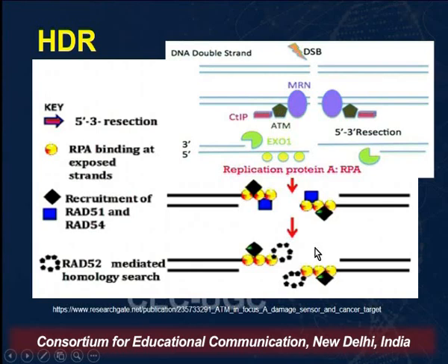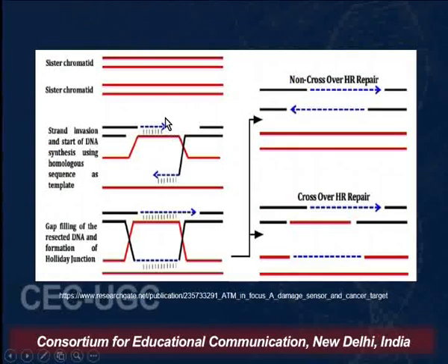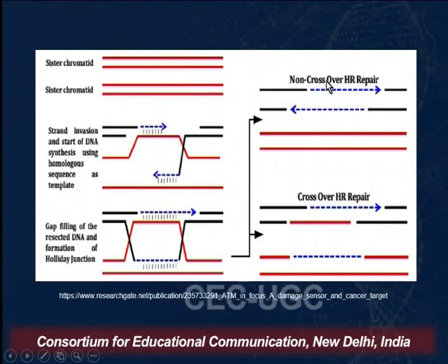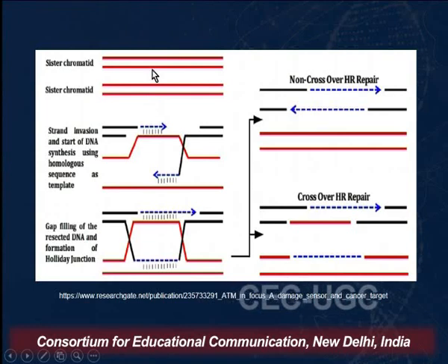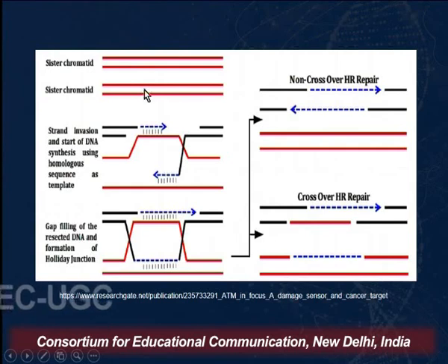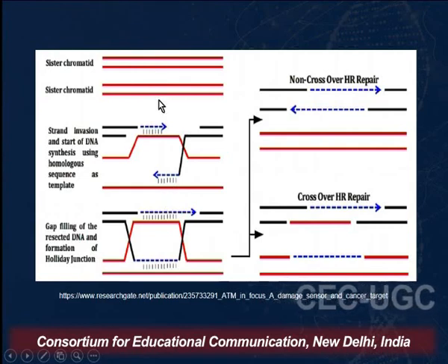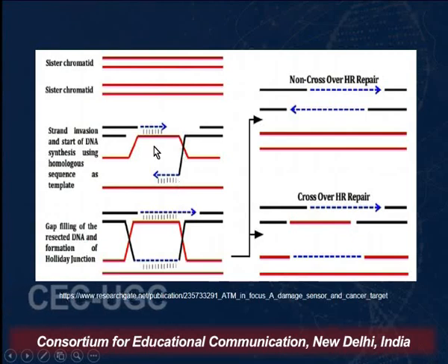So this is what has been done, and then they basically search for the homologous sequences in the chromatids. This is basically happening in the synthesis phase of the cell cycle, and in the G2 phase of the cell cycle, when there are homologous chromatids that are joined together. So they search for the homologous sequences in the sister chromatids, and then these are the two mechanisms by which these can be resolved. So there are these kind of D-shaped loops that are formed, and they can be resolved